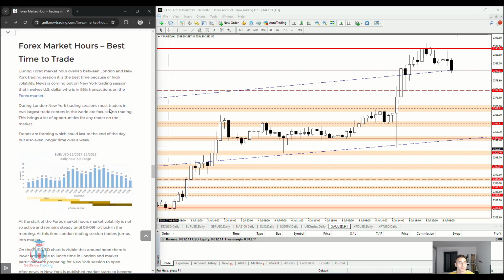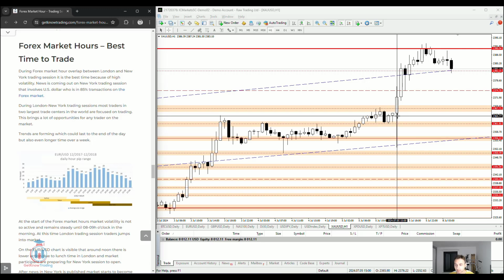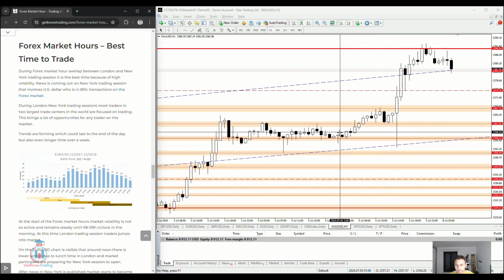What is the best time to trade? Well, this also depends. Here I have a graph that shows you the daily hourly pip range. That means during one day, 24 candles. For example, this is the start of the day on the Friday, and this is everything up to here. So we have 24 candles